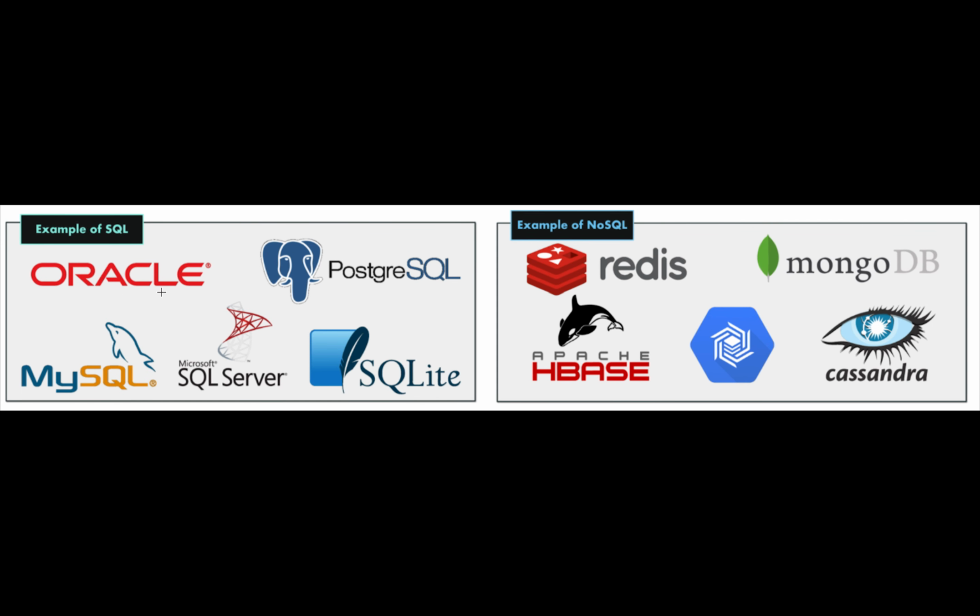Now let's head over to the database management system. As is clear from the name, a database management system manages the database, right? So these are the DBMSs: MySQL, Oracle, PostgreSQL, SQLite. Redis, MongoDB are also DBMSs, right? Now what is SQL? SQL stands for structured query language. We use SQL queries to communicate with these DBs, like MySQL, PostgreSQL. However, NoSQL is not structured query language. Redis, MongoDB, Cassandra, HBase, Apache SQL use NoSQL, right?